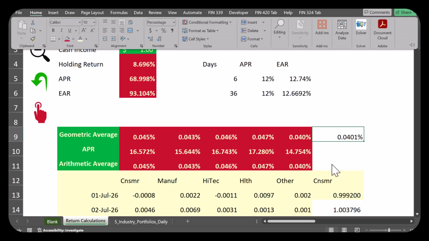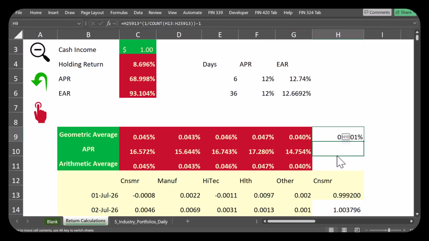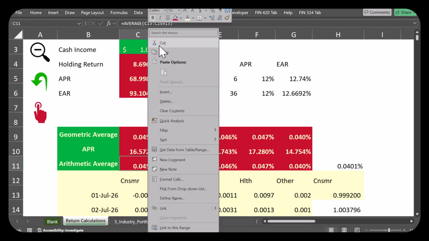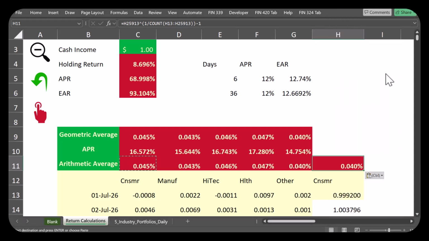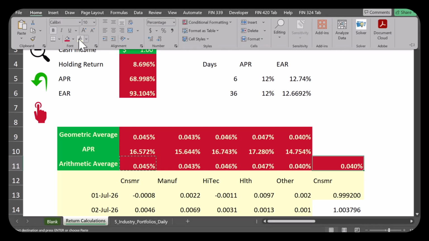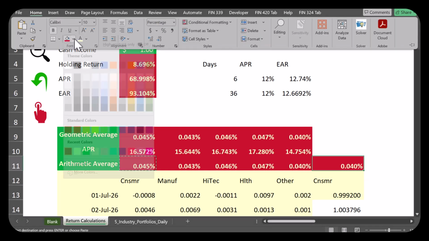So let me actually move this here, copy, and I'm going to use a different color for that. I do know other colors. I just don't use them much. And if I wanted to convert that to APR,